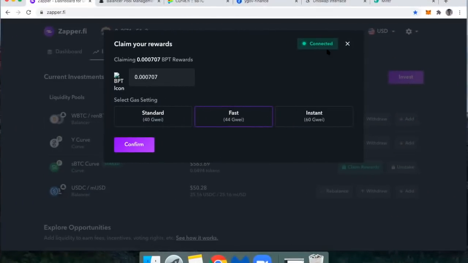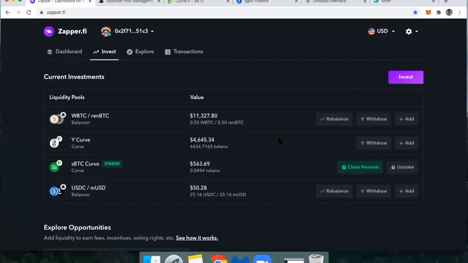So Zapper.fi is really empowering me to do everything in one place. And more so than I would argue than any other dashboard that interacts with liquidity providing opportunities. There's so many different things you can do with Zapper. It's hard to cover it all in a single video, but I'll call out one last thing as they're always adding new features. So we talked about the fact that you can add liquidity, you can withdraw liquidity, you can